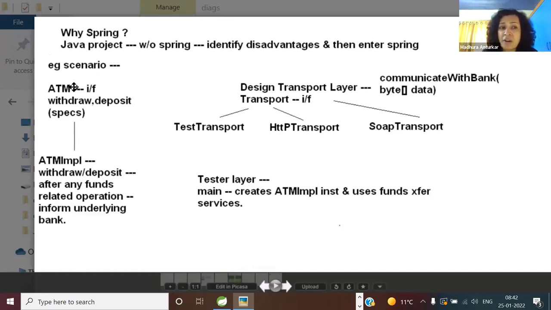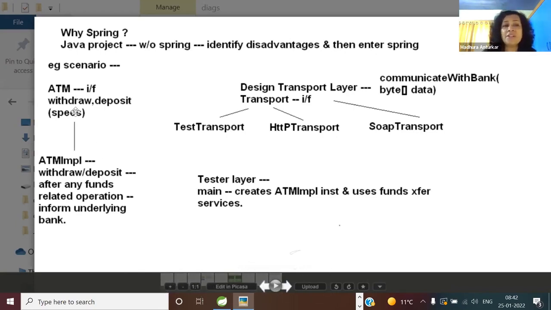Here we are talking about ATM as an interface. Spring promotes, as you'll see later, interface and implementation class for loose coupling. So there is a clear-cut separation between what is to be done, specification, versus implementation. We have been saying this all over Java life.